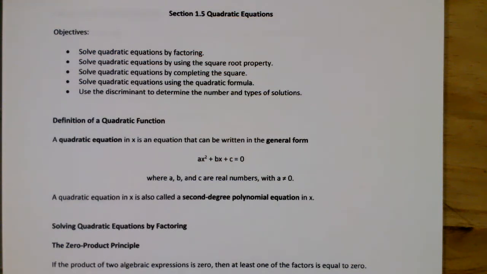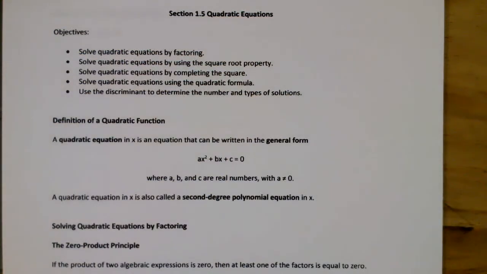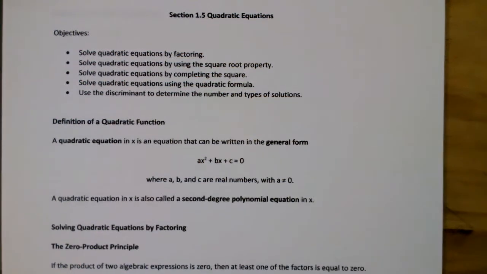Here in this section, we'll talk about how to solve quadratic equations by factoring, by using the square root property, by completing the square, and by using the quadratic formula. So we're going to look at 4 different methods of solving quadratic equations. Also, we'll use the discriminant to determine the number and type of solutions. So first of all, let's define